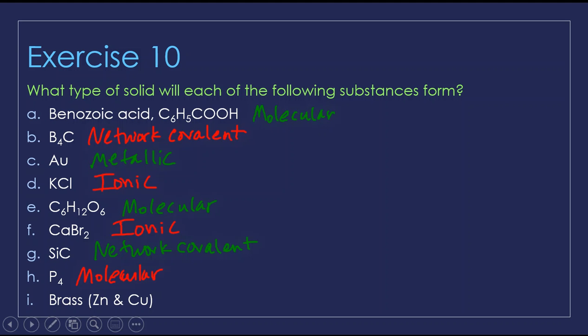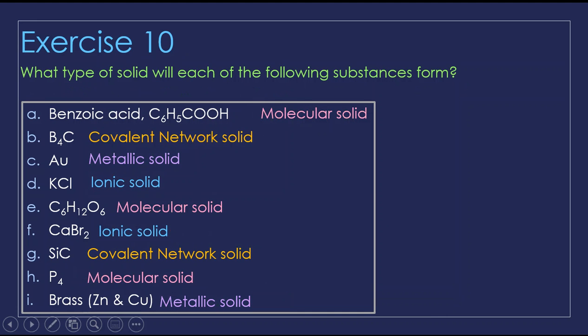Molecular. And brass, which is a combination of zinc and copper. Metallic. Technically it falls under alloy too, so depending on the choices they give you, you could also write alloy. And be specific about that. Yay, and we are